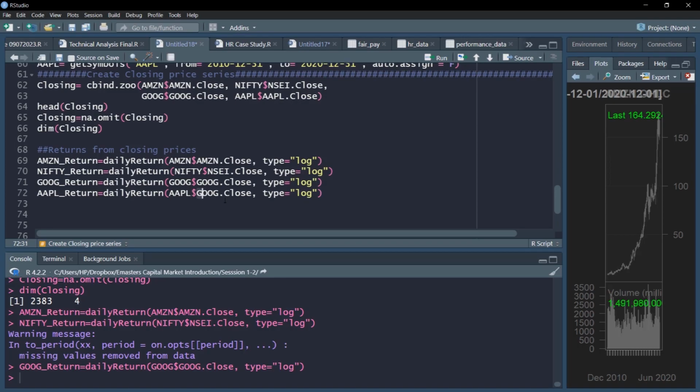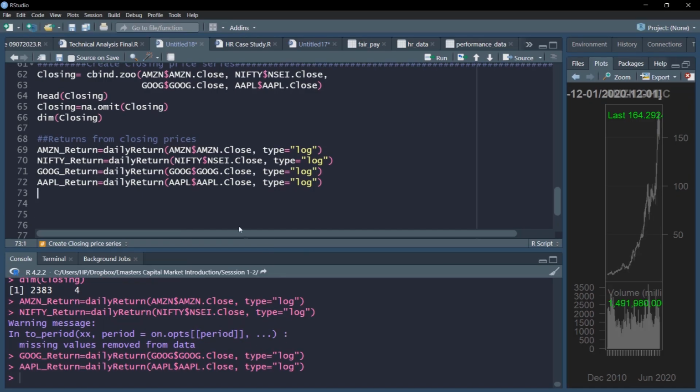and we'll create the Apple closing price series log data. So this is created.